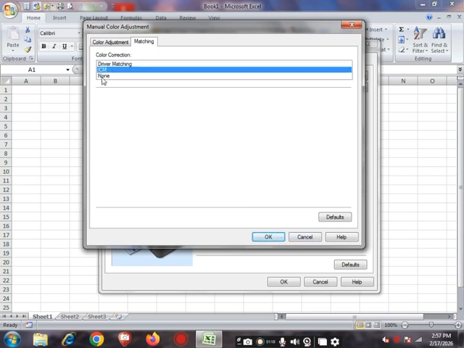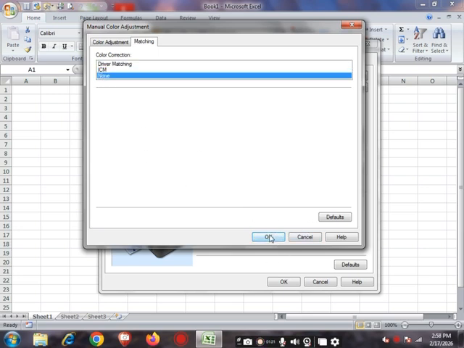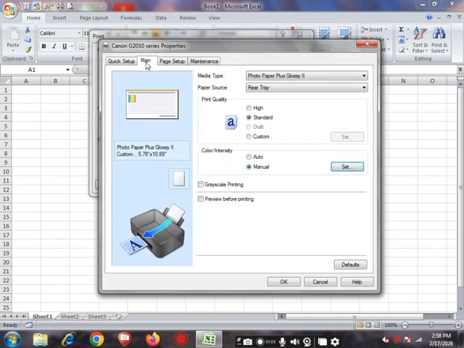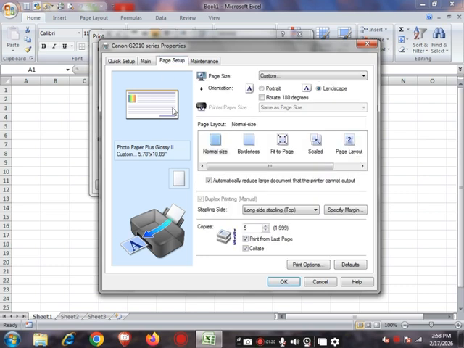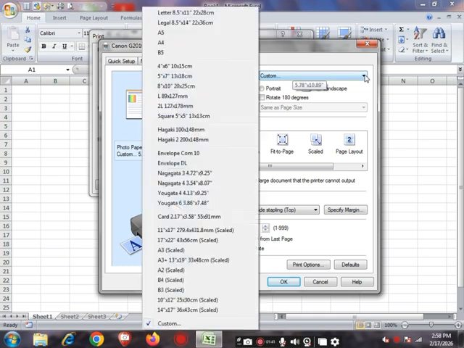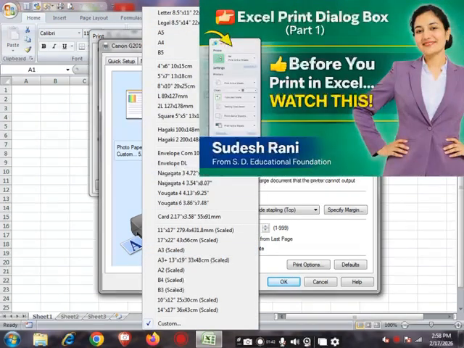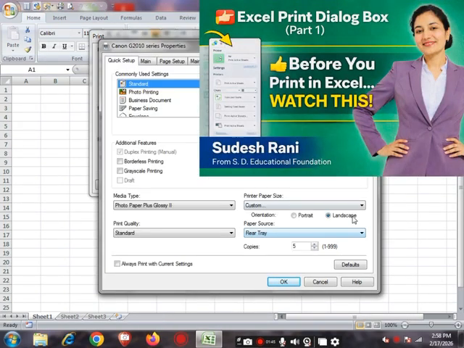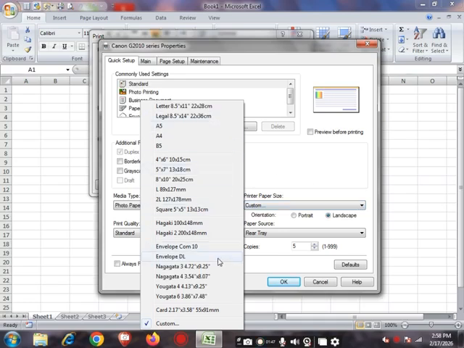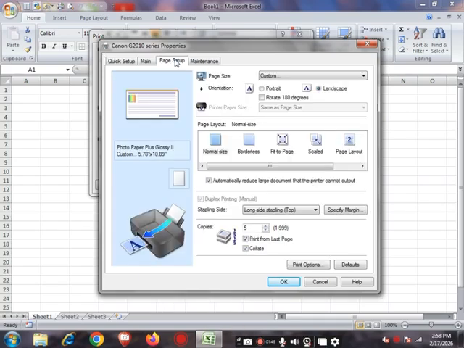After setting all these things, we will click OK. The next will be page setup. This is important, and we can see here the same preview area that has a highlight in the main window. We have already seen it in the main. The next is paper size, which we have already discussed in the quick setup bar. Here print paper size is also the same, so we will not discuss it again.